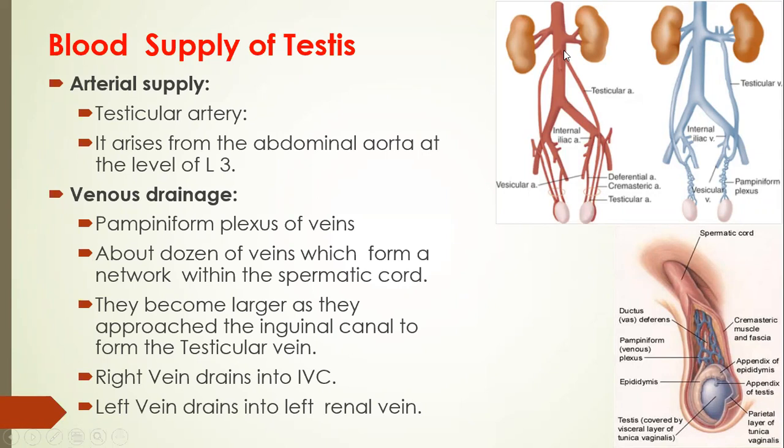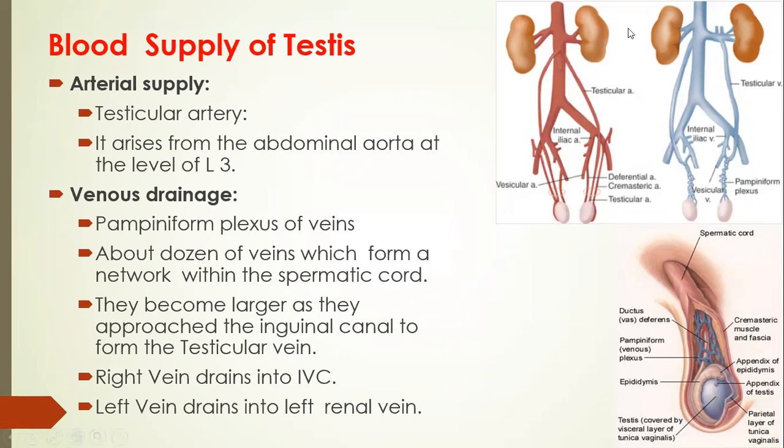This takes origin at a very high level near the aorta, because this is the site where the testes were present initially during development. They develop here, and later they descend down into the scrotum. By birth they have already reached the scrotum. Still the connection of the blood supply is there, which indicates the site of origin of this testis. So they take this blood all the way from the abdominal aorta. Instead of taking from the external or internal iliac arteries, it comes directly from the abdomen because they have descended from the abdomen.